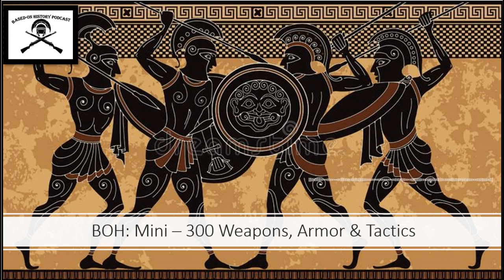So your eyes are above the shield, obviously, so that you can see what's going on. But they want as much protection while still being able to see as possible. And so those cheek pieces are going to come down, and the brow's going to come down really low. And at the time of 480 BC, the Corinthian helmet itself is really starting to go out of fashion in